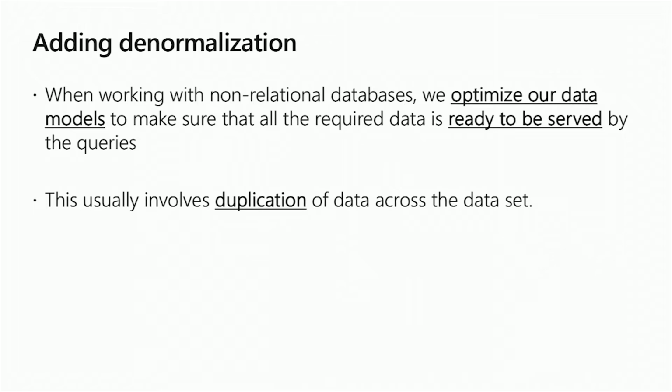Switching back to my slides, I'm going to add a level of denormalization. Usually the rule when you work with a non-relational database is that you try to look for ways to optimize your data model to make sure that all the data that you need to serve is ready to be served. So in my example, whenever I return a product, I need to make sure that all the names of the tags are also embedded in the product. So when I read the product, everything is ready to be read. And so that's my V2 here.